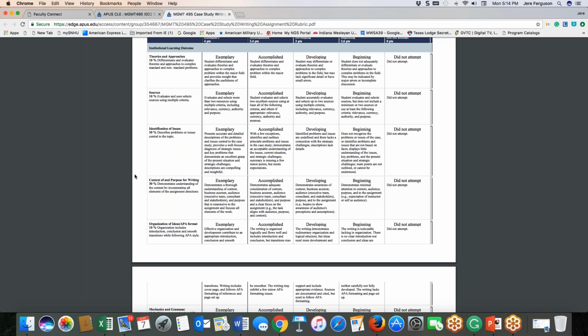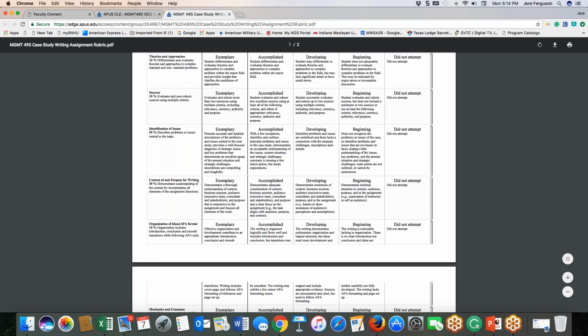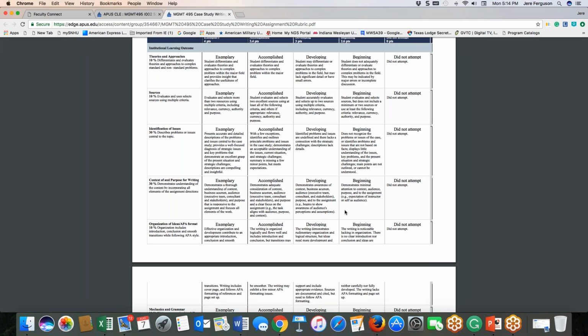That section's worth 30% of the grade, and often students in the beginning of this course fail to address any of that and lose all those points. It's not overwhelming because they can make it up later in the course by addressing it, but I'm trying to help you understand that that's the area where most students fail, along with the APA formatting of their citations and references.